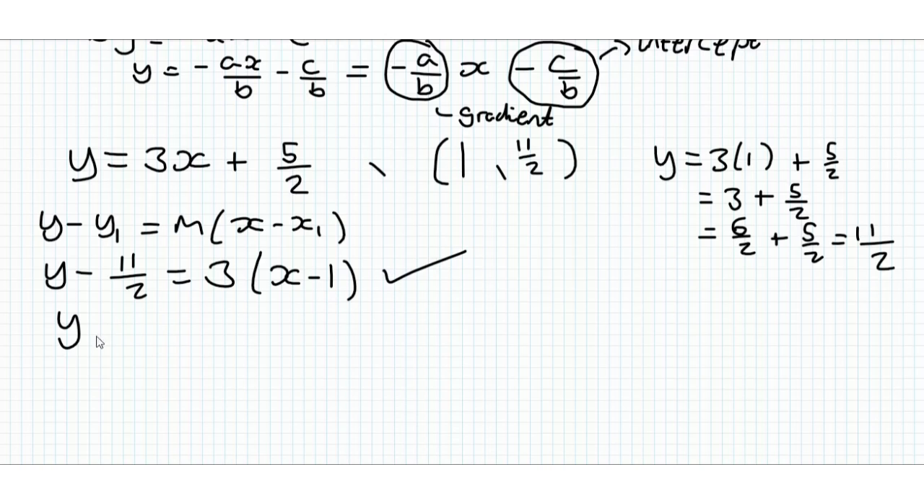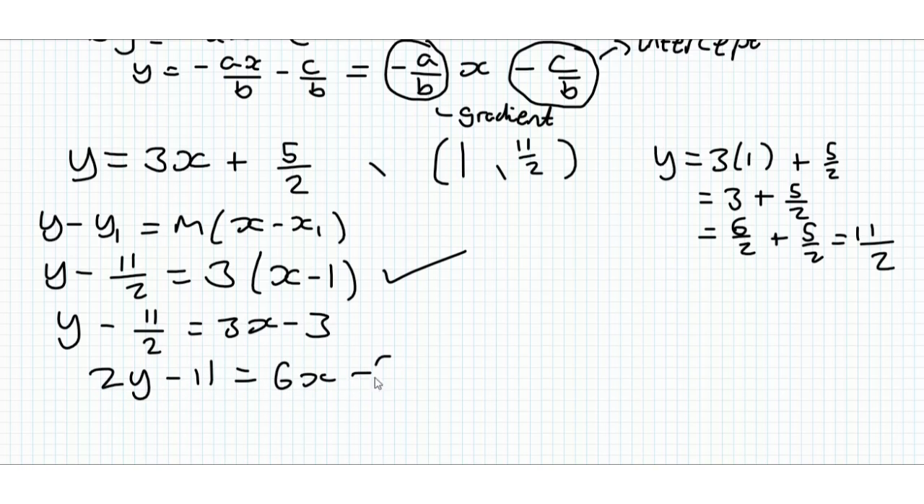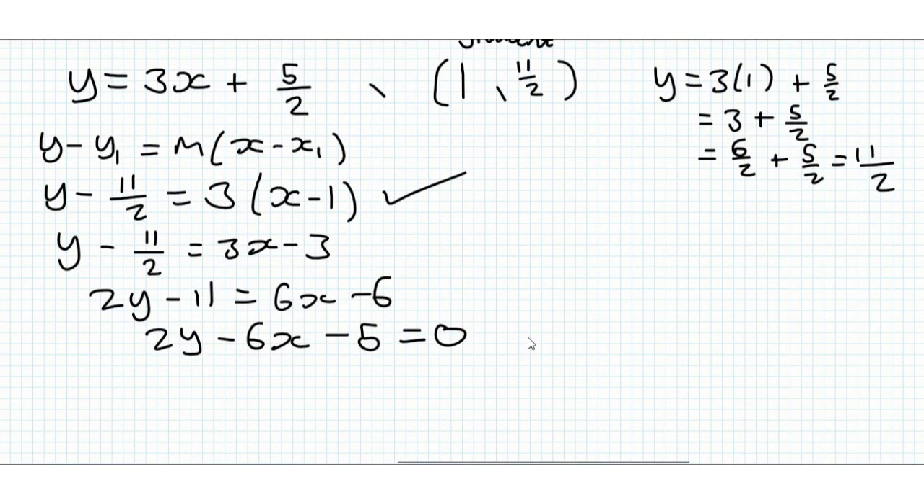We can now use this to find the other form. So we've got y minus 11 over 2 is equal to 3x minus 3, multiplied by 2, we get 2y minus 11 is equal to 6x minus 6. So now we get 2y minus 6x, add 6 to both sides, minus 5 is equal to 0, and as you can see this is the form here. So hopefully you can see now how all these forms of a straight line are equivalent,